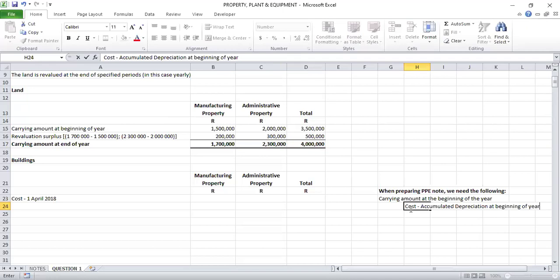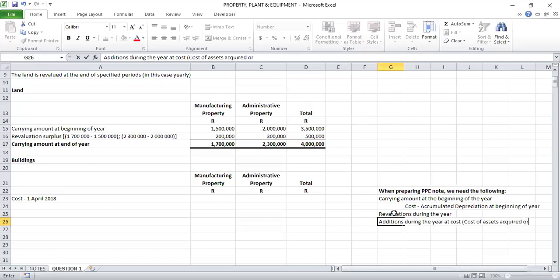Right, then you also need revaluations during the year, if any, of which on the buildings we don't have revaluations. You also need additions during the year, which is at cost. So this is the cost of assets acquired